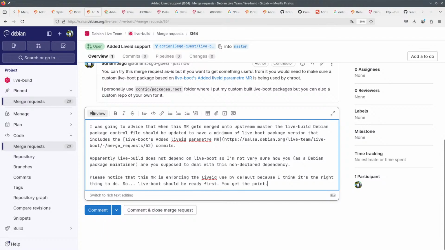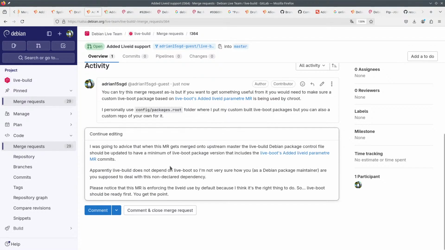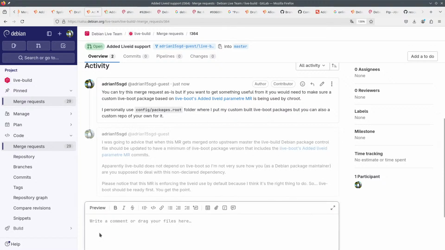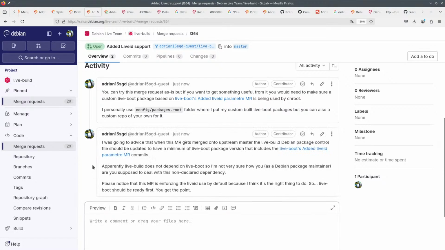Okay, so upstream master, the last package control file should be for live-boot. Probably does not depend on it, so yeah, I suppose. Commit. So now